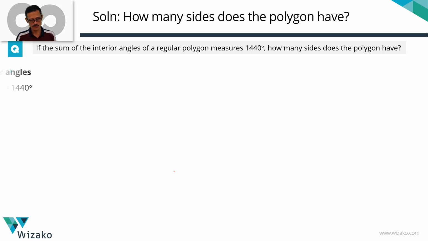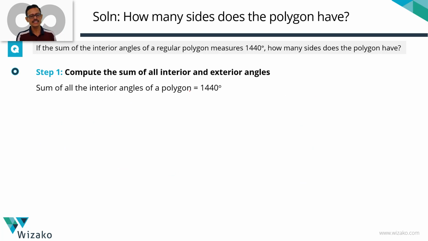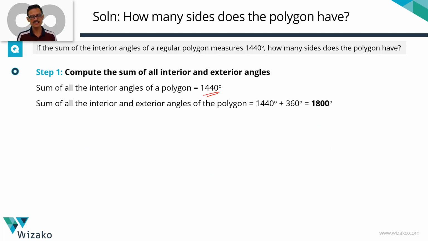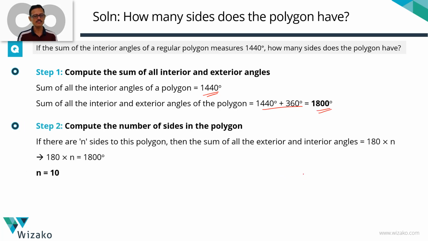Let's quickly summarize both these methods in a printed form. The sum of all the interior angles is given in the question, 1440. We know a property that the sum of the exterior angles is equal to 360. The sum of the interior angles plus all the exterior angles therefore is equal to 1440 plus 360, which is equal to 1800. The number of sides is n, which is what we're trying to find out. The sum of one interior plus a corresponding exterior is 180. So the sum of all interior plus all exterior is equal to 180 times n, which we know is equal to 1800. So 180 times n is equal to 1800. N is equal to 10. So this is method 1.